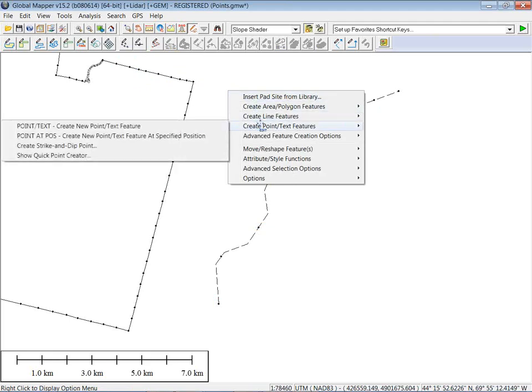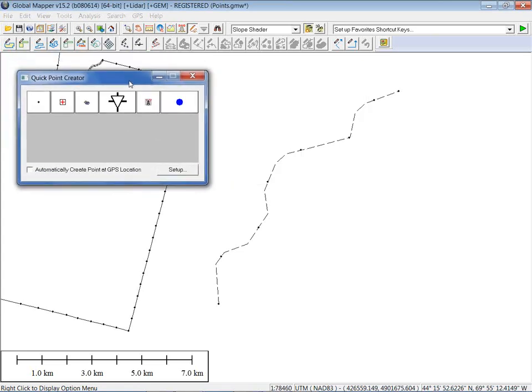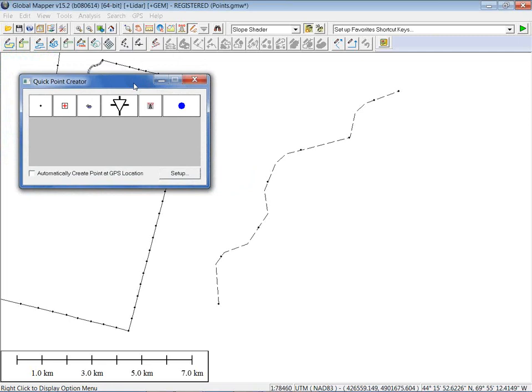A couple of options in here, that pointed position. You will notice in this right-click menu as well at the bottom, there's a quick point creator. Try saying that one 3 times faster, Josie. Quick point creator, quick point creator. There we go. This allows you to establish a library of point styles that you typically or routinely or repeatedly